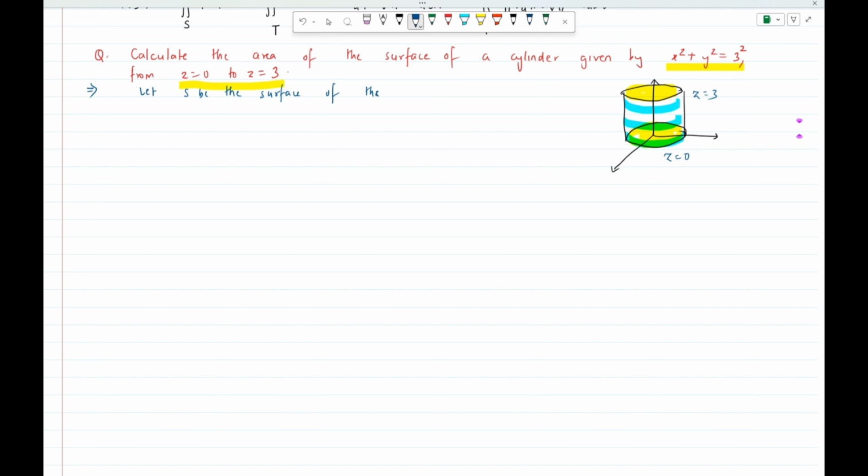of the cylinder given by x square plus y square equal to 3 square, and between z equal to 0 to z equal to 3. Going ahead, we will first be parameterizing S. So we parameterize S by,